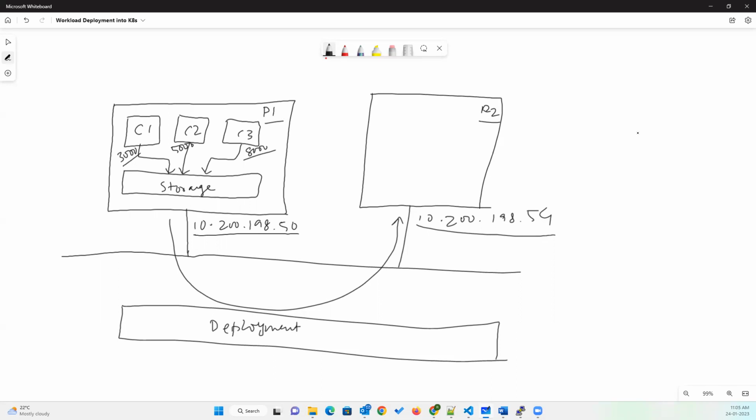They'll need to talk to each other, and each microservice can have multiple instances running. One problem is we need to know the IP of a particular microservice with which we want to communicate. That is the first problem. The second problem is if the same microservice, so let me draw it,